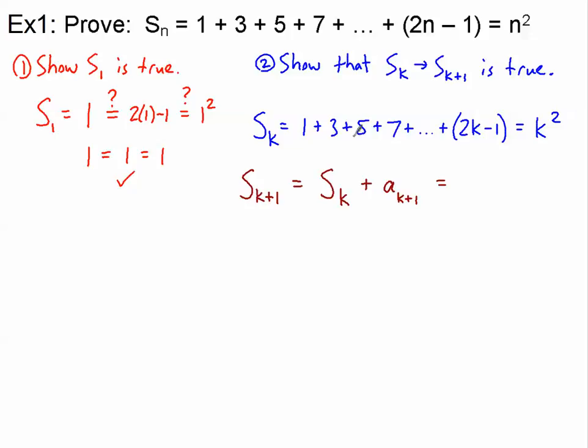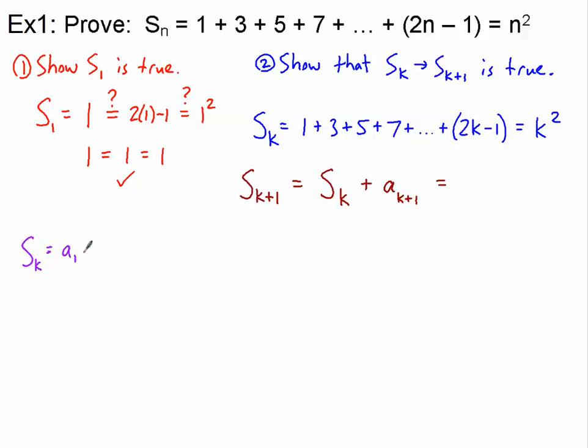S sub k is all of these terms. S sub k plus 1 is all of these terms plus one more. So all of these terms represent S sub k. Here's my next term, the k plus 1 term. For example, if I come over here off to the side, if I have S sub k,